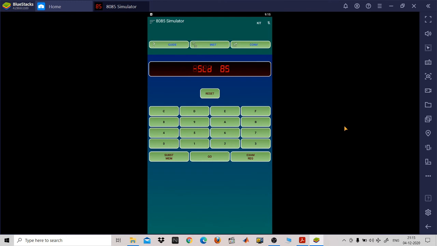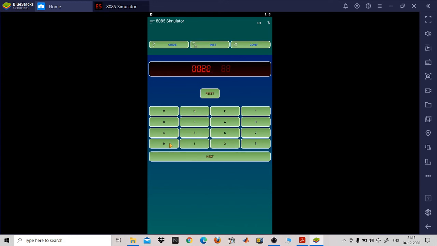You know that the program is always stored from 2000 hex, and the input variables are stored from 3000. So we'll start with storing the set of instructions. Reset, then substitute memory. Here two controls will be there: the first one is the address field and the second one is the data field.